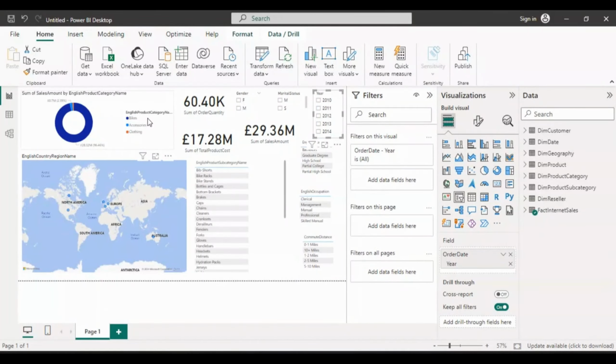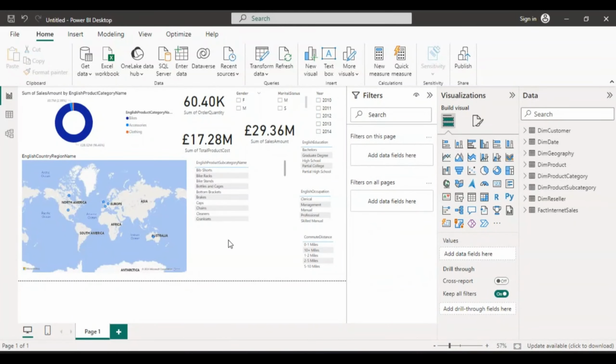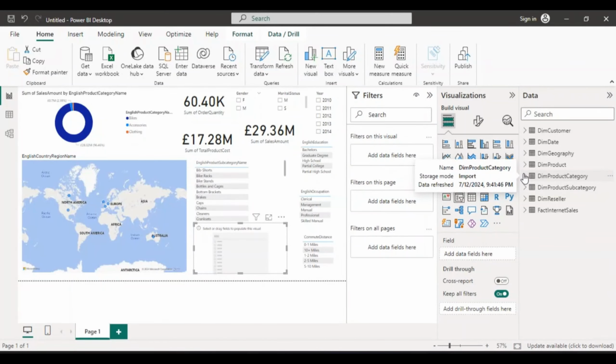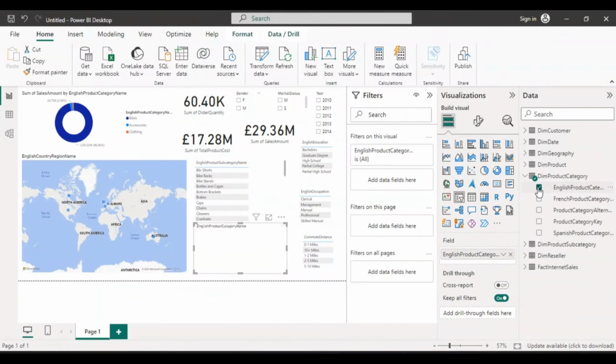You can also use a slicer to do this. So when you use a slicer, I can maybe reduce this and introduce a slicer again here. Let's bring this product category to slicer and see how it looks. So when you use a slicer, now go to product category and pick your product. So once you have done that, you can,